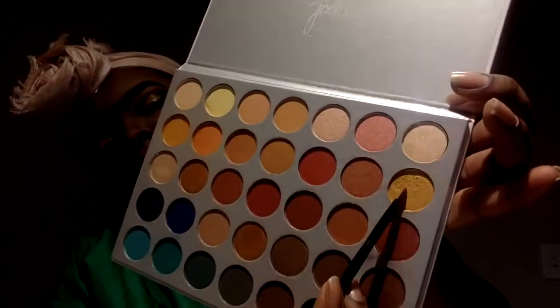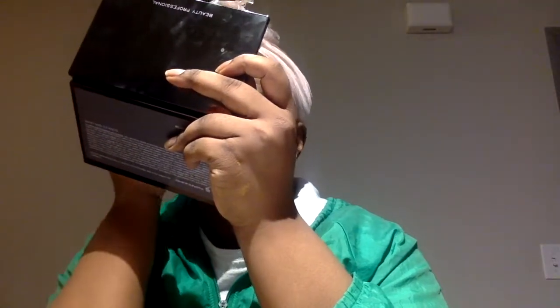And the color that I put on the outside of that is a glittery gold from the same palette, the Jaclyn Hill palette. It was really pigmented and I really liked it. So I did let that dry a little bit before I added that glittery gold. And once I applied that,